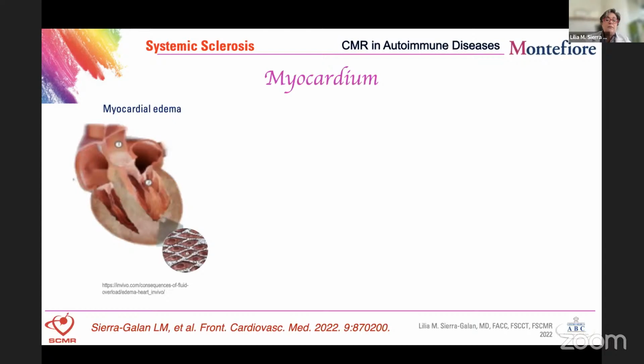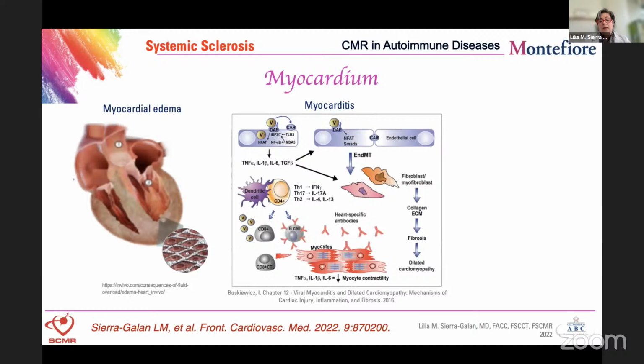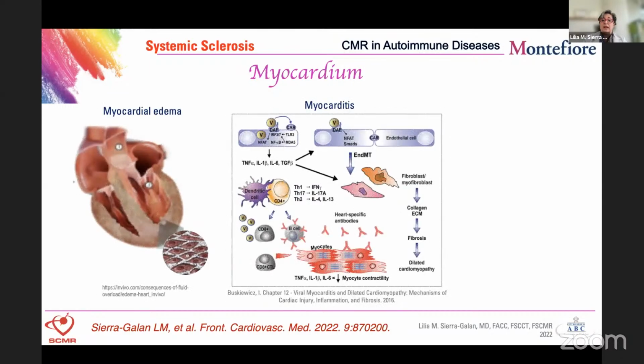Then the myocardium will show myocardial edema using the T2 STIR sequences or the T2 mapping. Then the myocarditis with all the Lake Louise criteria. But the interesting thing in systemic sclerosis is that the myocarditis could be fulminant. So it is very important to identify this cardiovascular involvement very early in the process. And this affects 38 to 56% of the cases. And sometimes this myocarditis, when it's not fulminant,